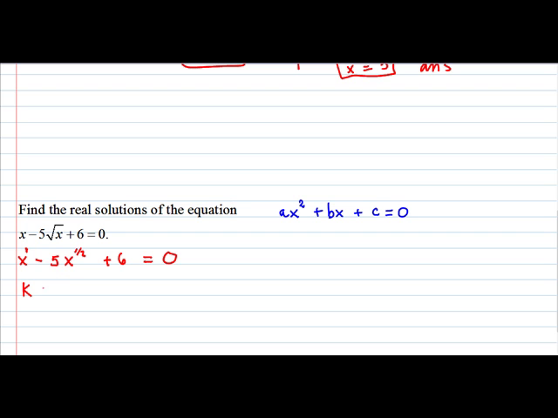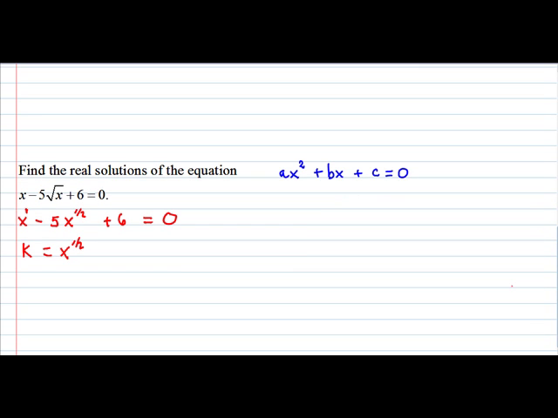Once again, I let k equal to the x that has the smaller exponent, between 1 and 1/2. This one has a smaller exponent, just like we let k equal to x for the quadratic. You can let this equal to anything you want, you can call it whatever name you want. In this case, it's called k. Now, if I let k equal to x to the 1/2, therefore k squared, I square both sides,